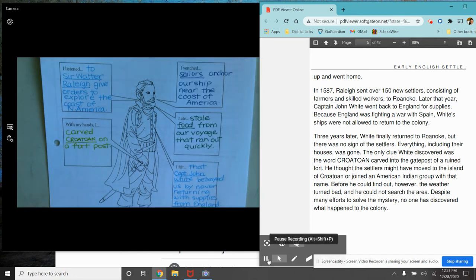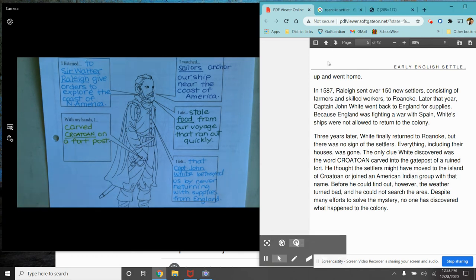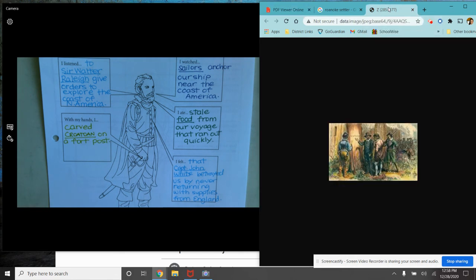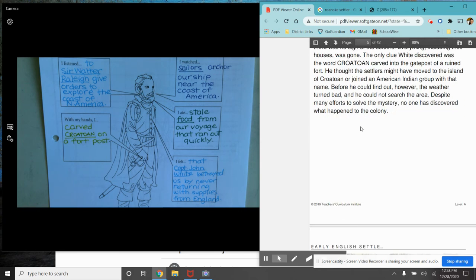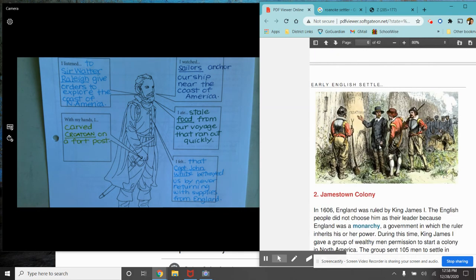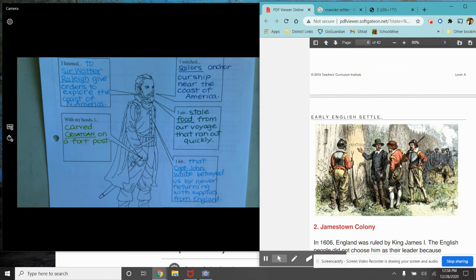Now, these are just, again, my examples, but feel free to elaborate or change them any way you see fit while still following the directions. And of course, because this is a Miss Armenia assignment, feel free to color in our colonial figure. Now, we don't really know what these settlers or figures look like, but we could go through the picture from the reading. And actually, it's not a very big picture. Let me find a better one. Here it is. Different colors there. So we could look at the pictures and see how they look to figure out how we can dress our